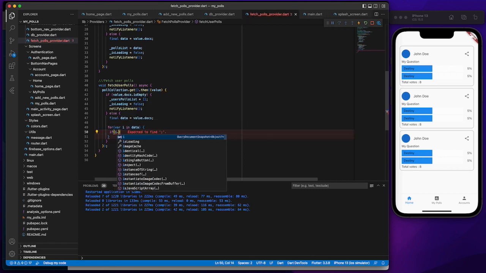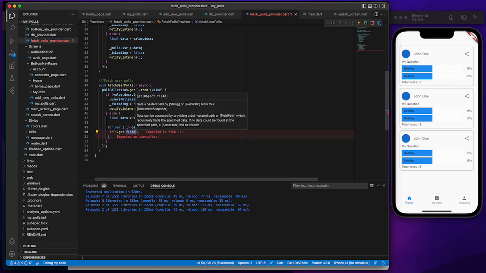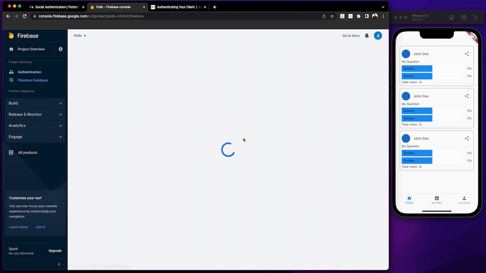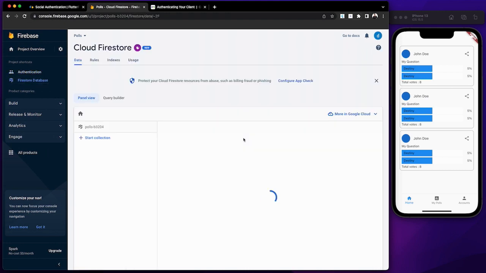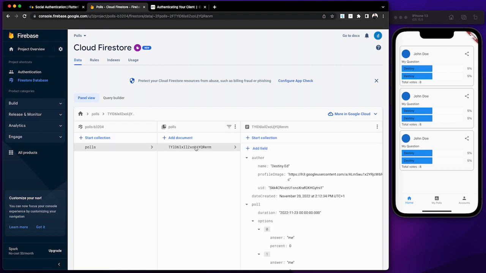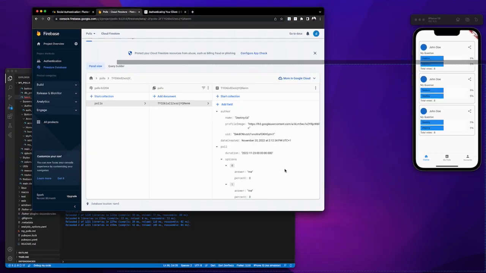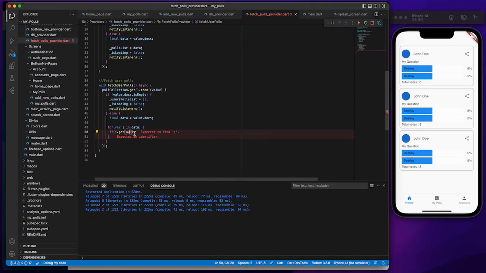I'll check if the i, I'll just get the data dot author, because it's nested in a way where we have the pools, this, and the author. From the author, we need to get the UID and then compare it with the current user UID to know if it's actually the user that posted that particular pool. So get author, then we get the UID inside, then we check if it's equal to the